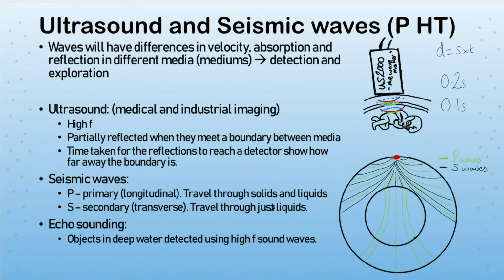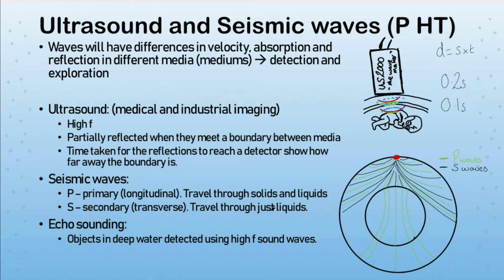And so we can start detecting how big an object is, how big a developing baby is, how big a tumour potentially is, gallstones, a defect in a pipe. Whatever it is, we can detect it using ultrasound, and it's a very smart and very cheap way of identifying problems. The other type of wave, on the other hand, is a seismic wave, and seismic waves are both longitudinal